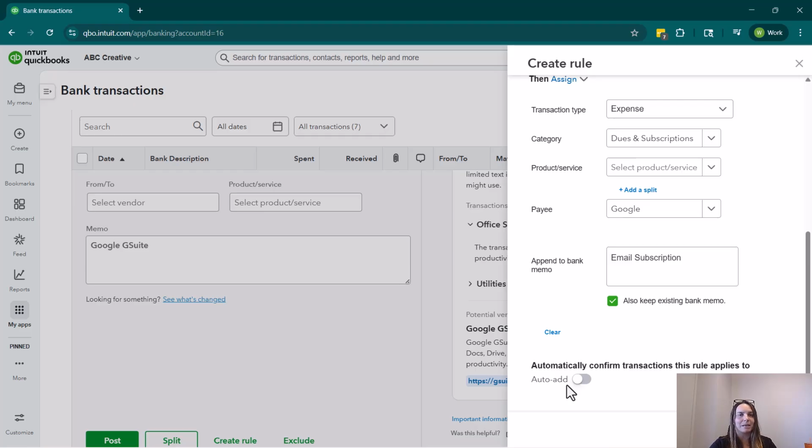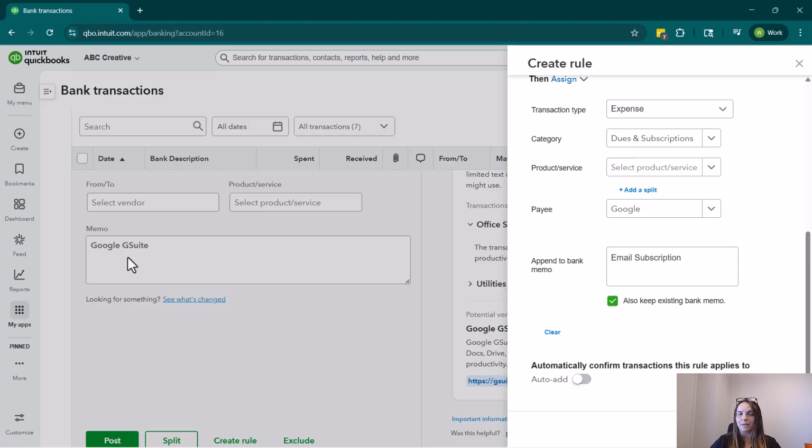But I would go ahead and make sure that you're manually reviewing that particular bank rule for a couple of months before you put it in auto add. It's just going to help you prevent mistakes. So I'm going to leave auto add off. But if we left it on, essentially this transaction over here for Google G Suite is just going to get